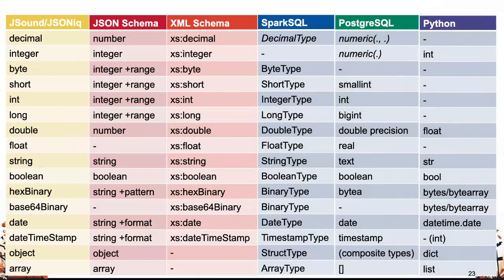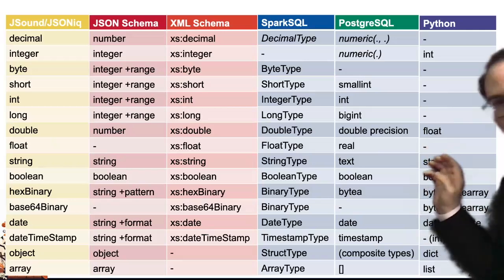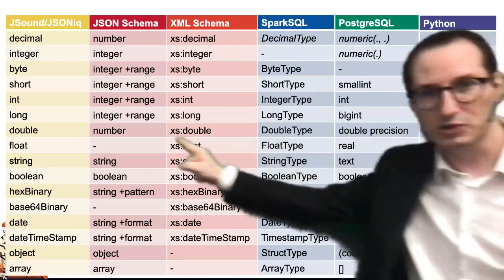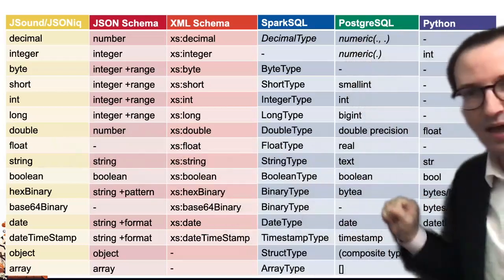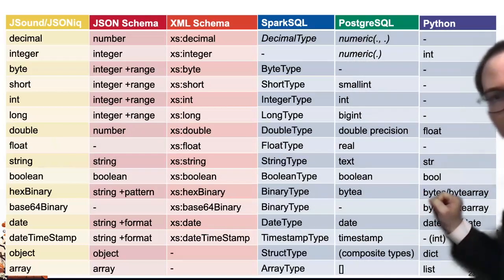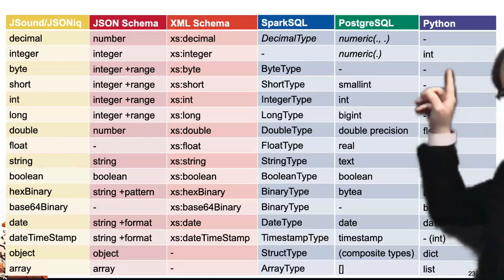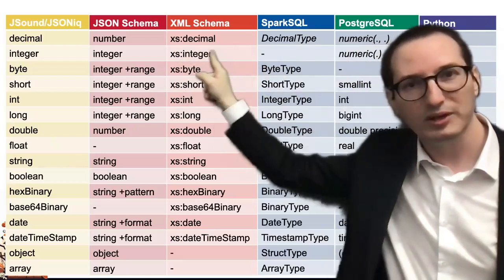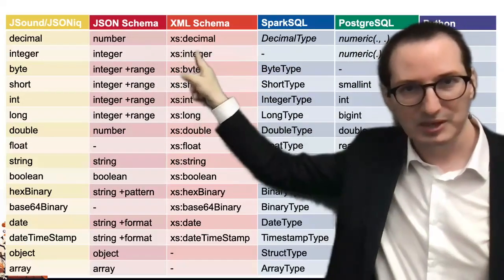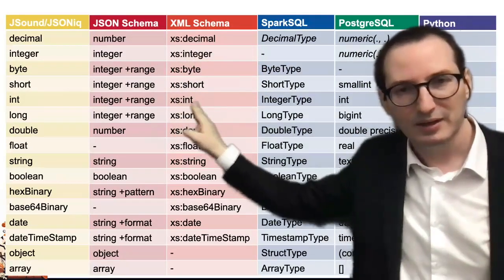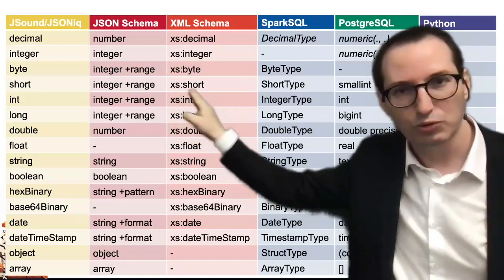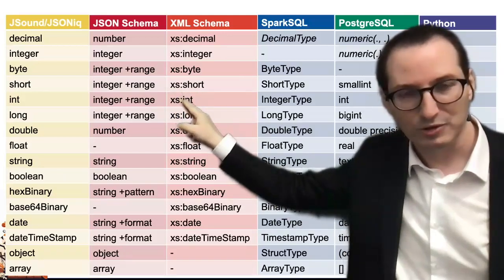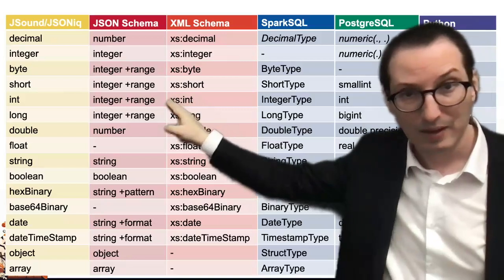When you just look up the documentation, you see how every system is calling it. And again, you sometimes have things that are a bit unusual. Like I told you, float in Python actually means double in many other systems. What is interesting too is the handling of int. For example, int in Python is unlimited, and that would be called integer in JSON schema or XML schema. But int is the 32-bit representation in XML schema, just like Java or many other